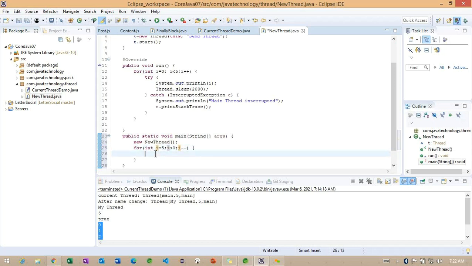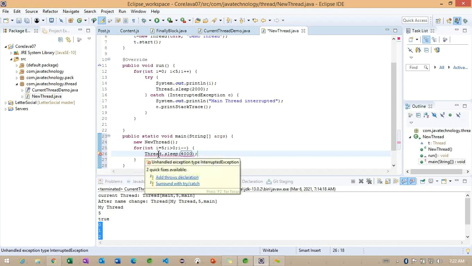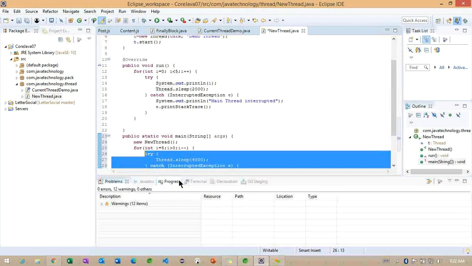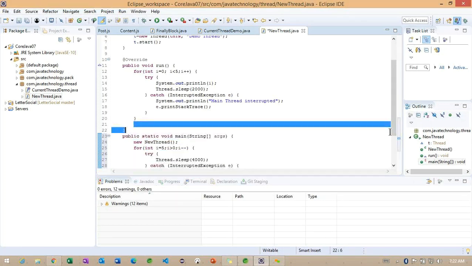And after that, Thread.sleep. This thread is going to sleep around 4 seconds, and we'll handle it using a try catch block.